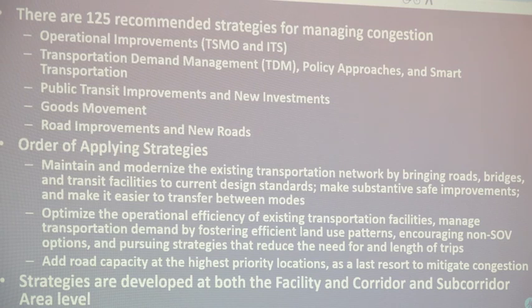Maintain, so this gets into how do we apply those strategies. Maintain and modernize the existing transportation network by bringing roads, bridges, transit facilities up to current design standards, just like we talked about at 352 and US 1, right? And provide easier transfer between modes. Kind of then, it's kind of the second list is provide TSMO improvements, optimize the efficiency of the roadways, right? Try to manage transportation demand, TMA work, alternative work hours,